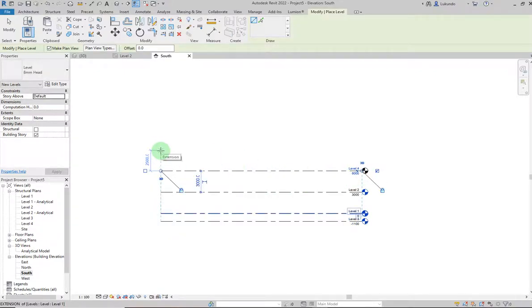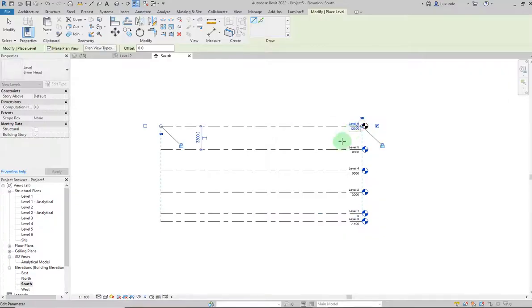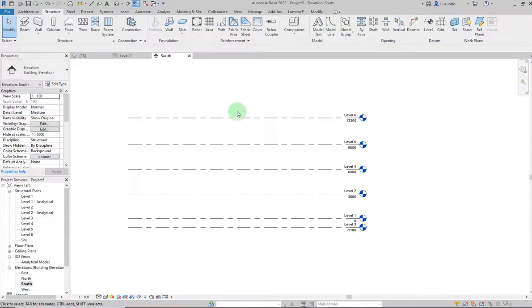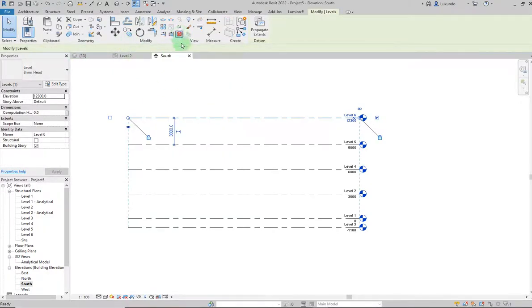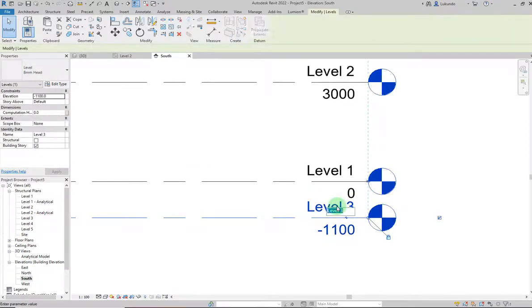Now if you don't want to be looking at the dimension there, you can just place them at random and change them later. Okay, so I need 4 levels, 1 2 3 4. Okay, so I don't need the last one. I'll select on it and click on delete, click on yes. Then I can go ahead and rename the level there. I'll call it